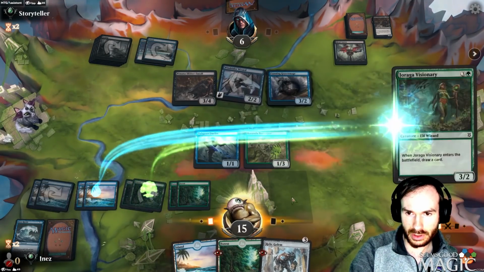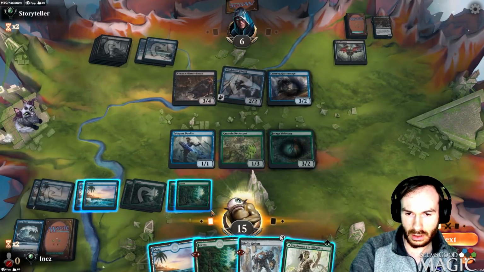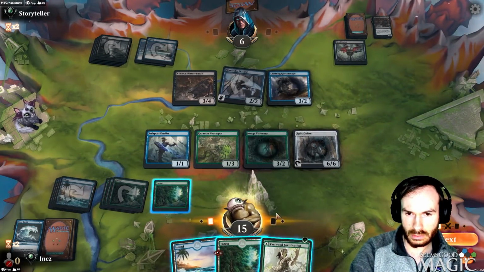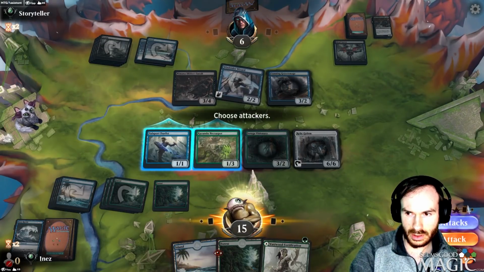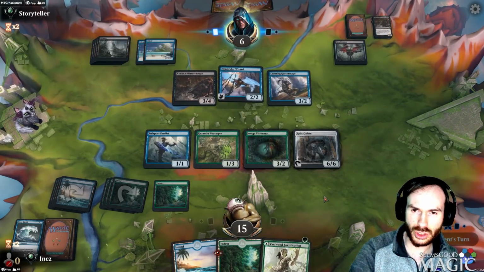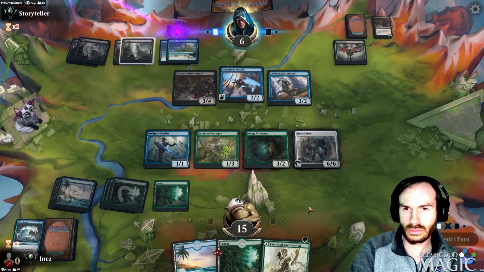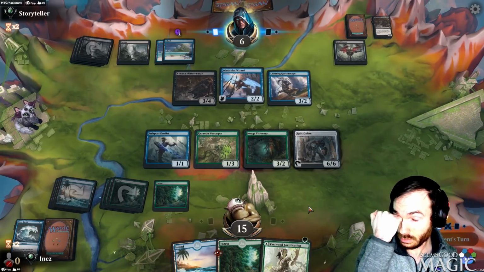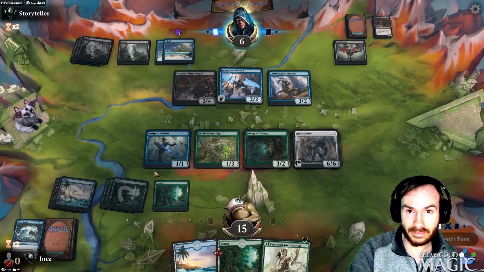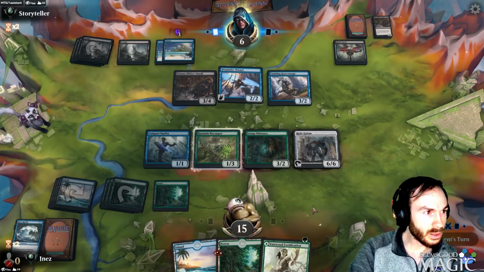So we'll go Visionary first. Oh, that's nice, actually. Guess we can sandbag lands. In case they have Mind Drain. Keep our fortification up. We miss out on a little bit of life gain, but...